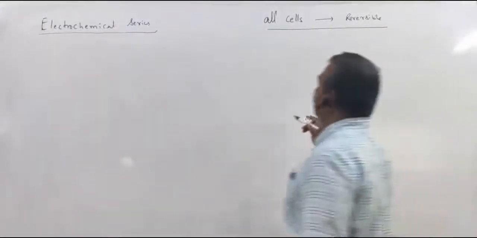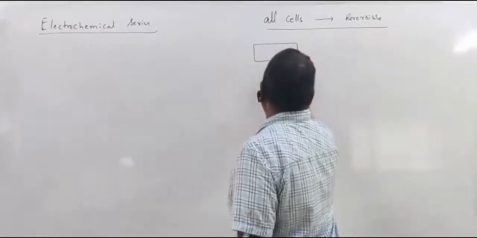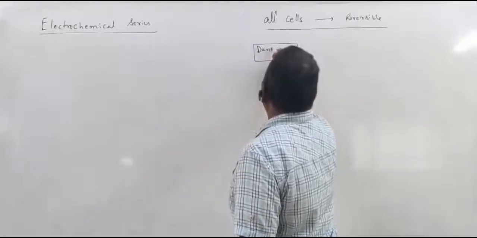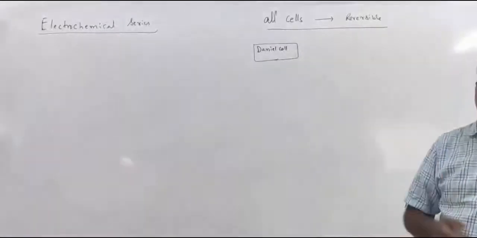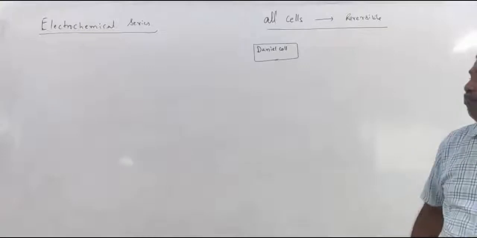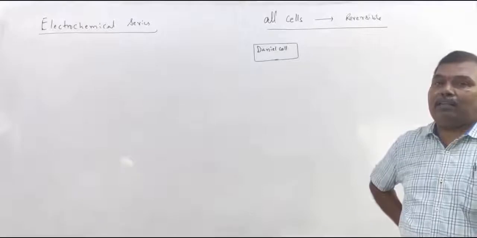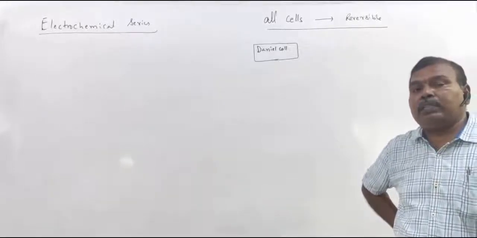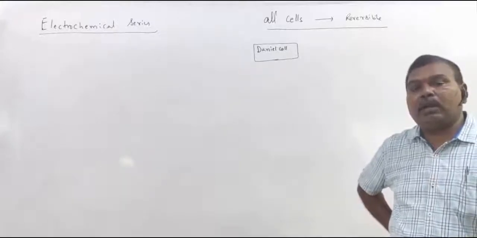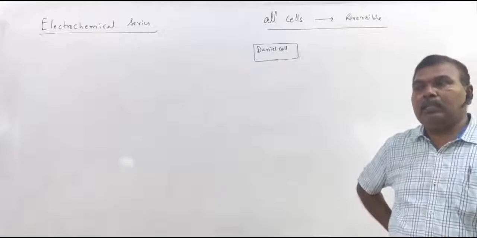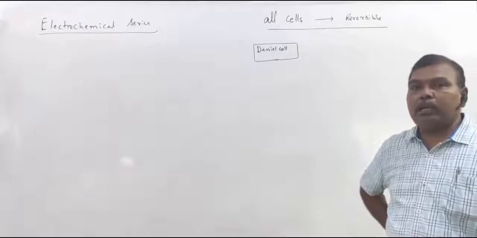Now see, for example, you already know the Daniell cell. So what is Daniell cell? I told you in the beginning of electrochemical cells, we studied the construction of the voltaic cell. In that voltaic cell, if the salt bridge is replaced by a porous diaphragm, then the cell is known as Daniell cell. Zinc dipped in ZnSO4 solution, copper dipped in copper sulfate solution, they are separated by a porous diaphragm.